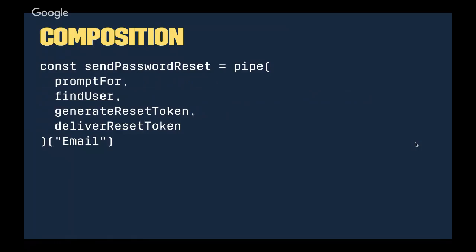This is definitely one that we are concretely trying to get to work. I would like to build up a send password reset function. I want to think of it as a pipeline where I do a couple of things. I prompt the user for their email. Given whatever they respond back from the prompt, I want to find a user in my database. Given the user that I found, I want to generate a password reset token for that user. And given the reset token, I want to send that out as an email. It would be nice if I could think of it that simply.